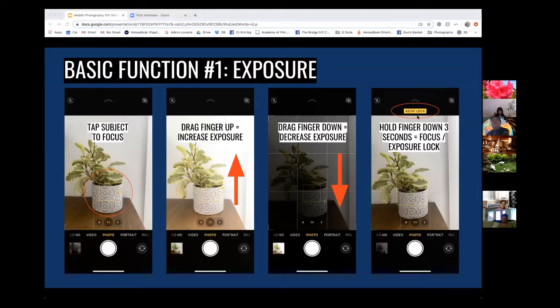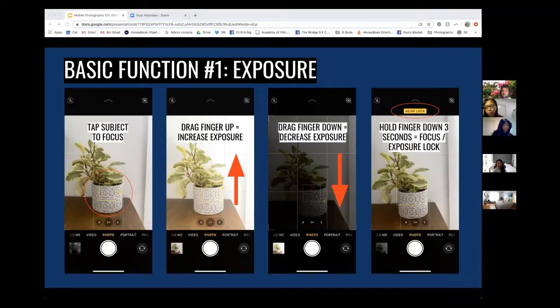Do you guys see my cursor? Holding the subject for 3 seconds locks not only the exposure but also the focus. So this is just a little tool because we're going